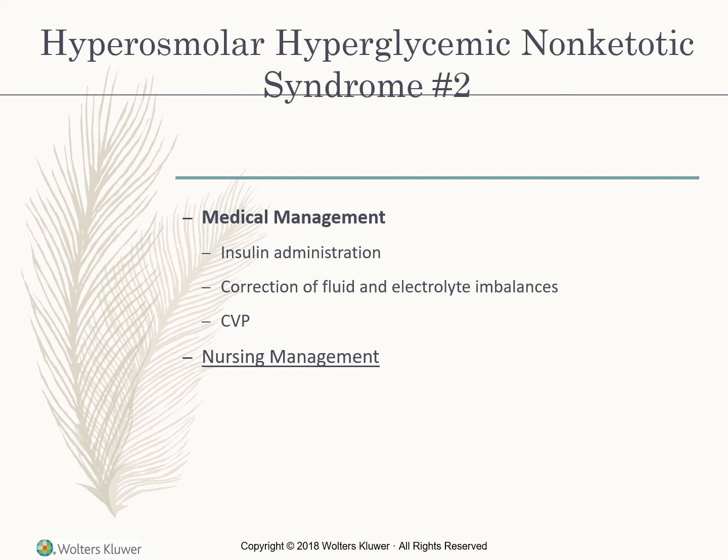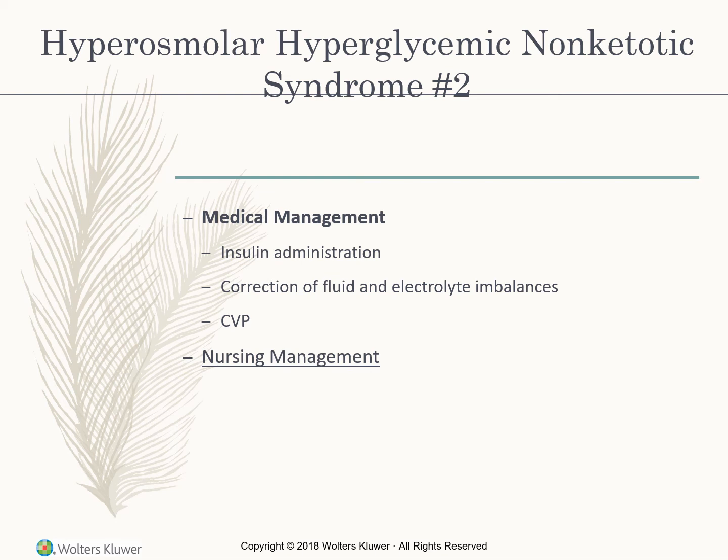So in order to take care of this, treatment will include the administration of insulin and correction of fluid and electrolyte imbalances. We might also put in a central catheter to monitor the client's hemodynamic response to fluid replacement. We want to monitor the blood glucose level, assess for electrolyte imbalances, dehydration, implement any medical orders for insulin, fluids, electrolyte replacement, and monitor whether or not the patient is responding well to